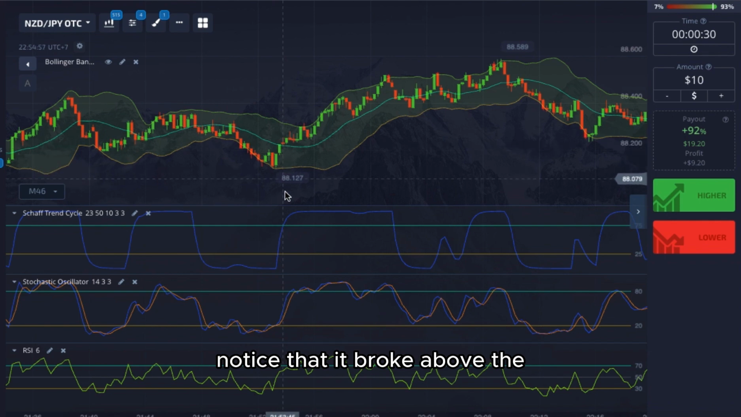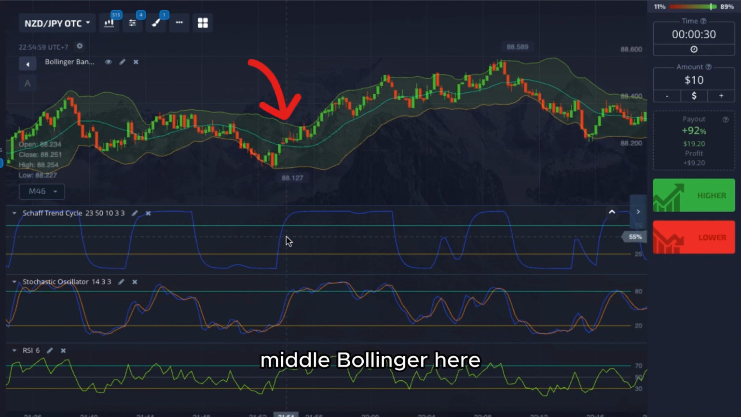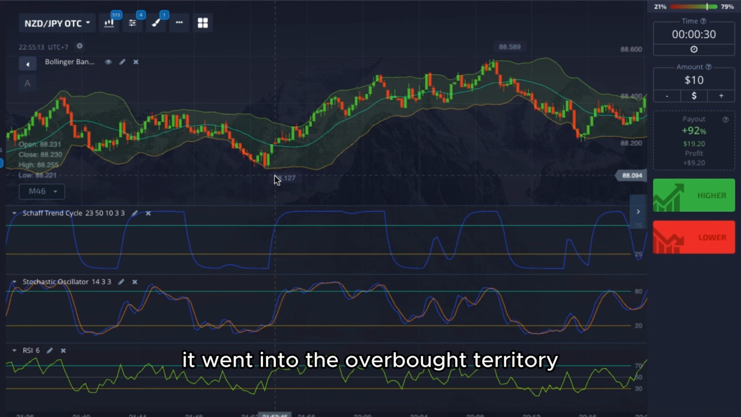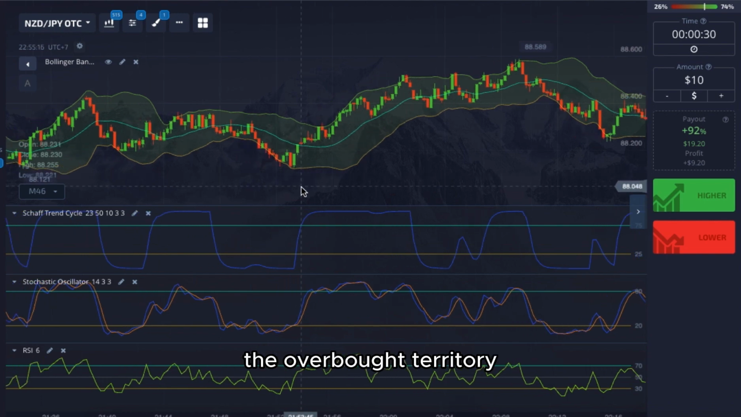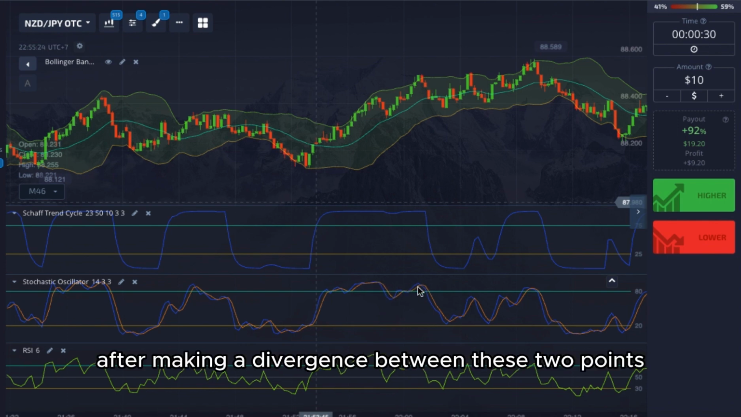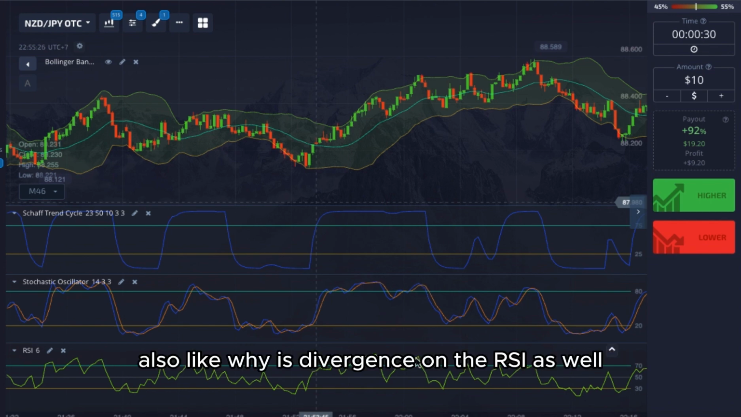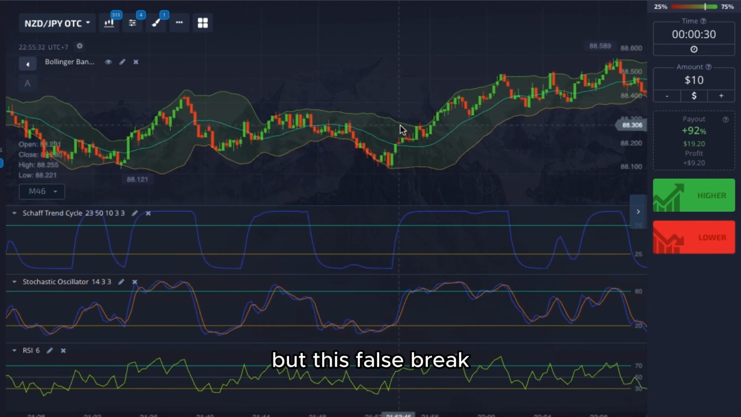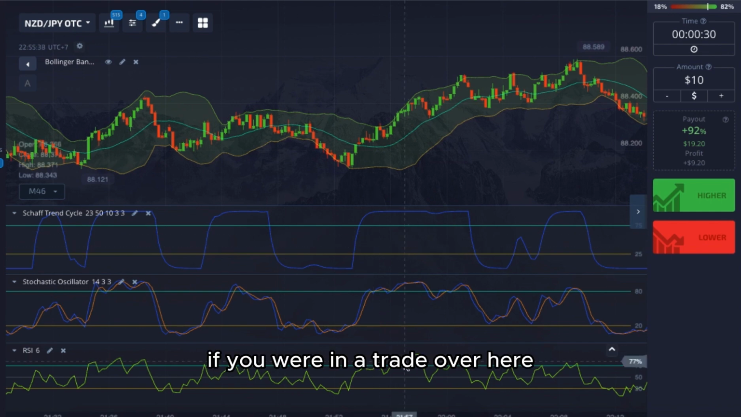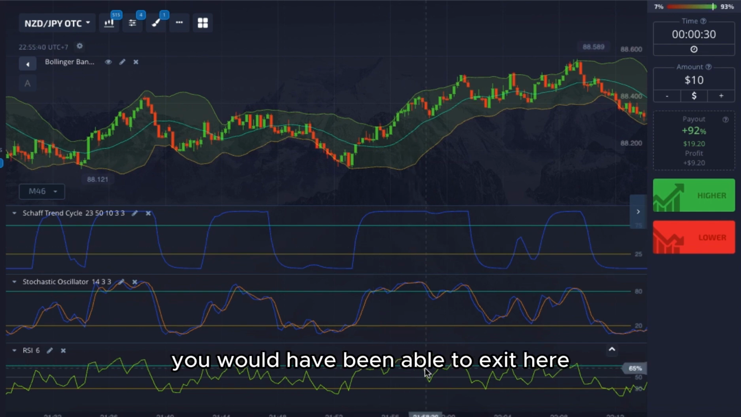Notice that it broke above the middle Bollinger here when it broke the Schaff Trend Cycle as well. Okay, and a little bit later on the stochastics, it went into the overbought territory. In the overbought territory, the lines stuck together and then tried to cross down, and finally it crossed down over here after making a divergence between these 2 points. Also likewise a divergence on the RSI as well. Notice there was a false break here, but this false break would have been good enough to win and exit. If you were in a trade over here, you would have been able to exit here,